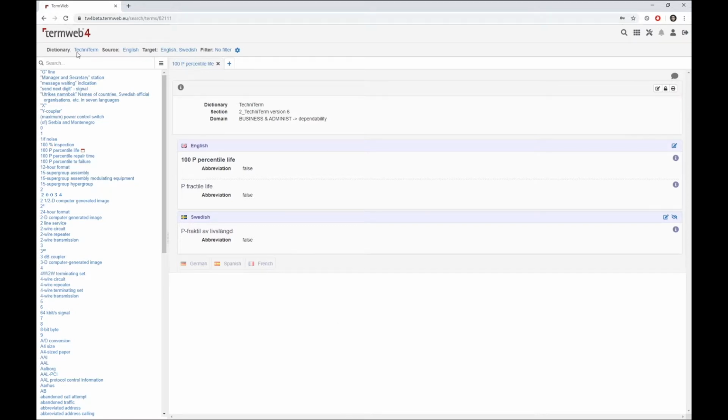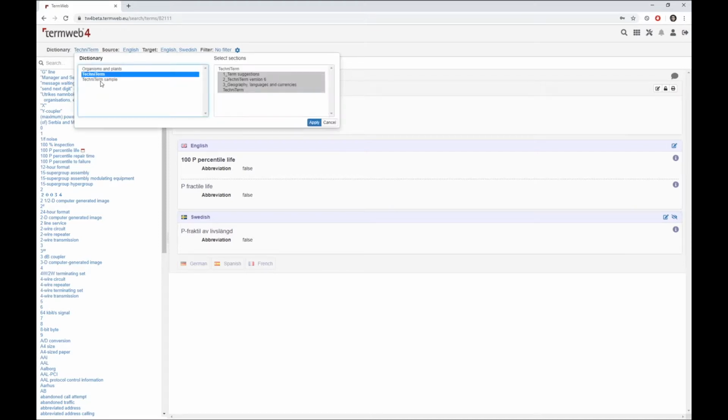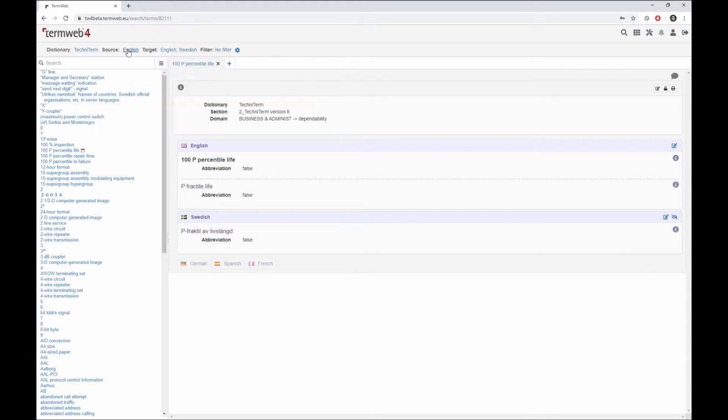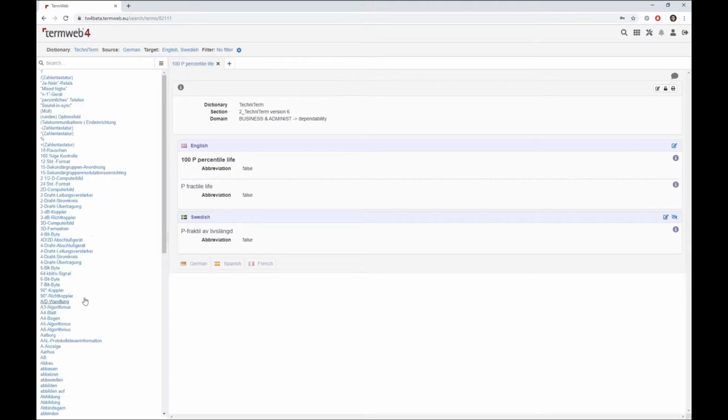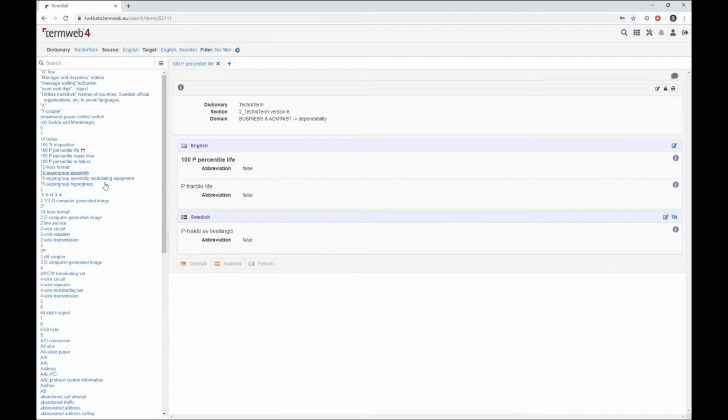So search, we see here the dictionaries, so I can search in one or many dictionaries, and of course it is depending on my permissions. Target source language, so if I change here, the term list is updated, and you can just see the language that depends on the source. Target, I see the visible languages here, and depending on this, as you can see below in the result window